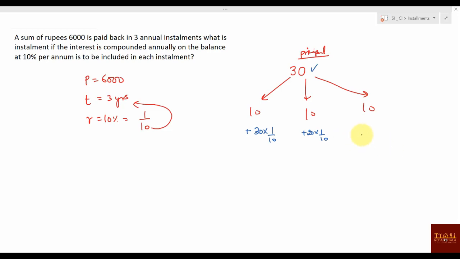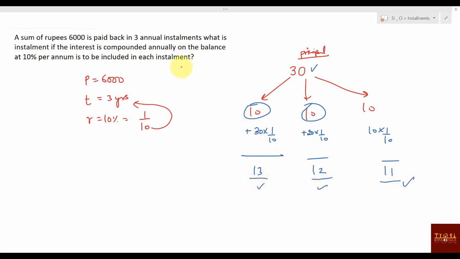Right? Now how much have you paid? 10 you have paid, 10 you have paid. How much have you paid totally? 20 units I would say. 20 you have paid. How much is remaining? 10. On 10 also you have to pay how much interest? 1 by 10. So the total installments will be: the third is 13, this one is 12, and this one is 11. This is an unequal installment. So you have paid 11, 12 and 13.